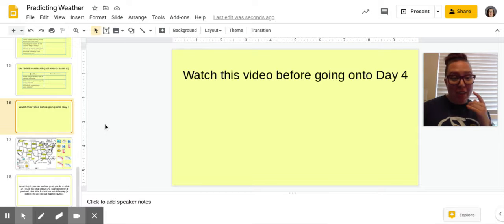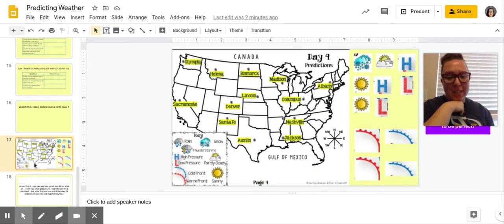All right, guys, now that you've done day 1, 2, and 3 and kind of seen some patterns of how the weather has moved, and notice that the warm fronts kept moving in one direction and the cold fronts kept moving in another direction, I want you to predict what the day 4 map would look like. Okay, so using day 1, day 2, and day 3, those maps, I want you to come to day 4